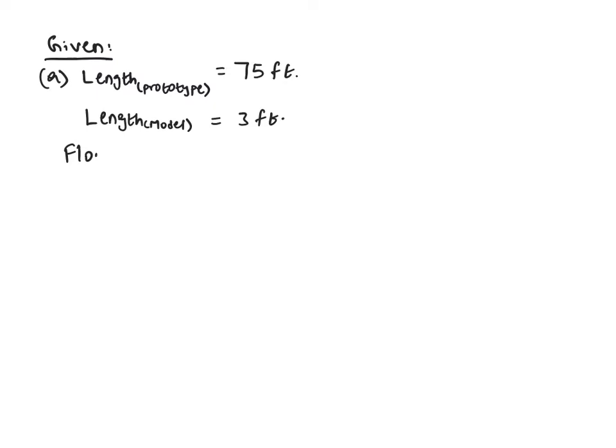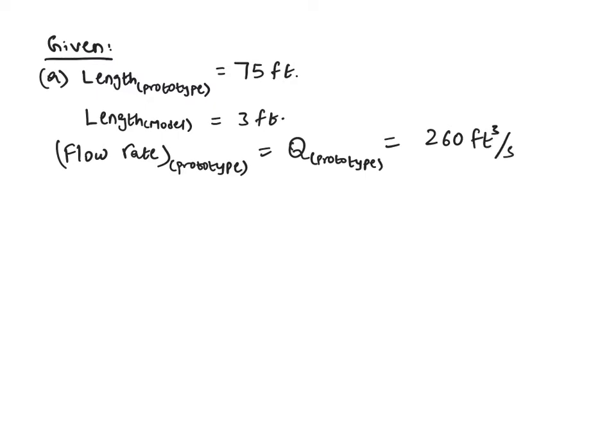Flow rate of prototype, which is represented as Q of prototype, is equal to 260 feet cubed per second. Using Froude number,